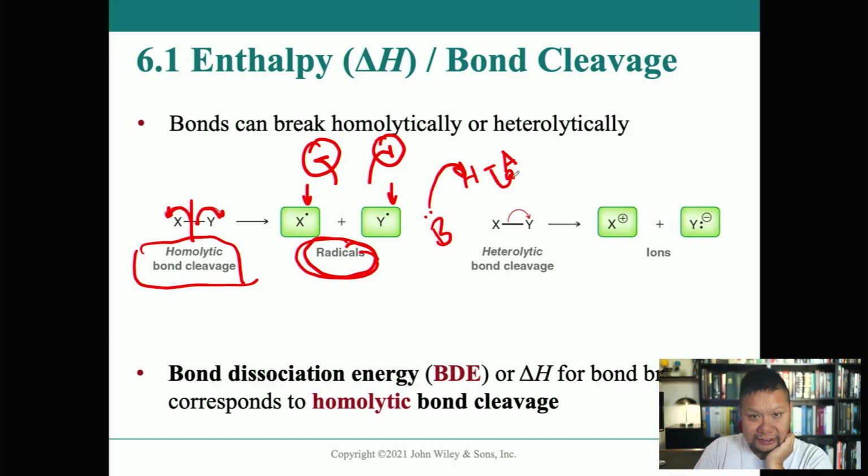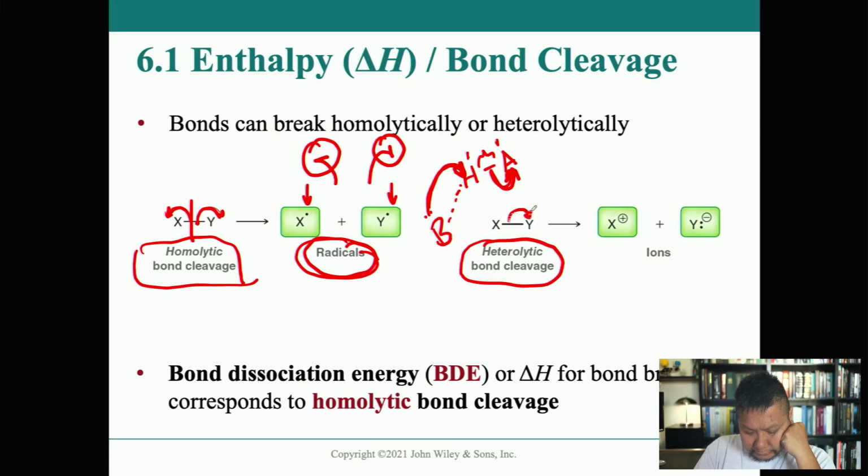So what's essentially happening here is that there's a bond forming between the base and the proton, and then the bond between the proton and the acid, or the conjugate base in this case, breaks. And you see that these arrows here have a double head, which means there's a pair of electrons going, and so what this part right here would be is the heterolytic cleavage, where the electrons